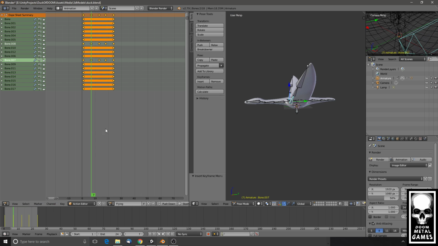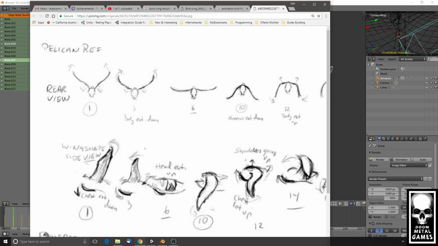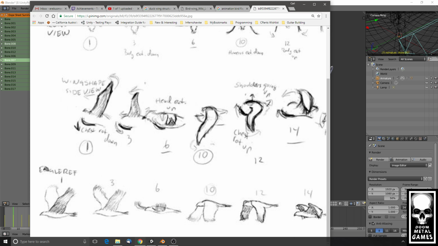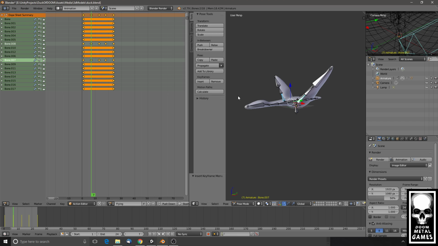So let's spice it up a little bit. So again, using reference. See, I don't know if this person fully did this according to the bone structure of the bird or not. See, like here in the up position is a bit flapped down, so we're going to assume